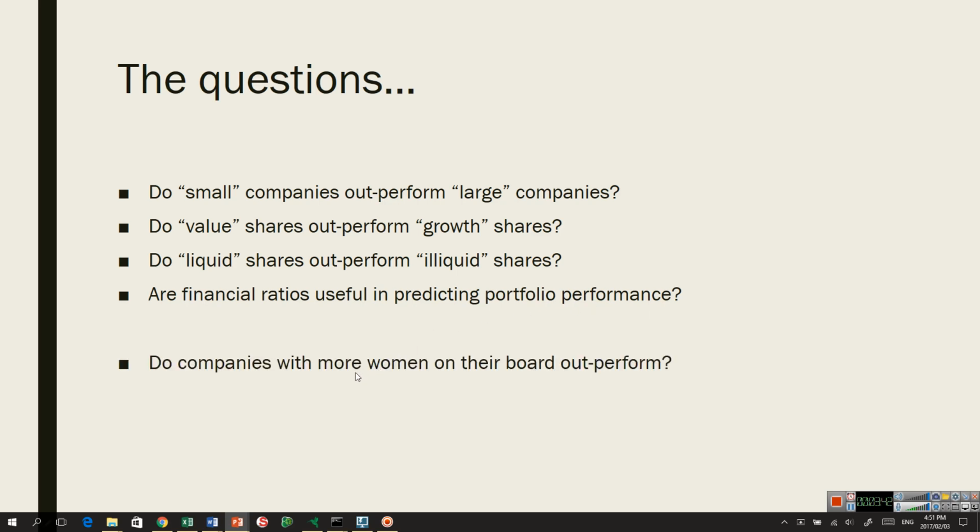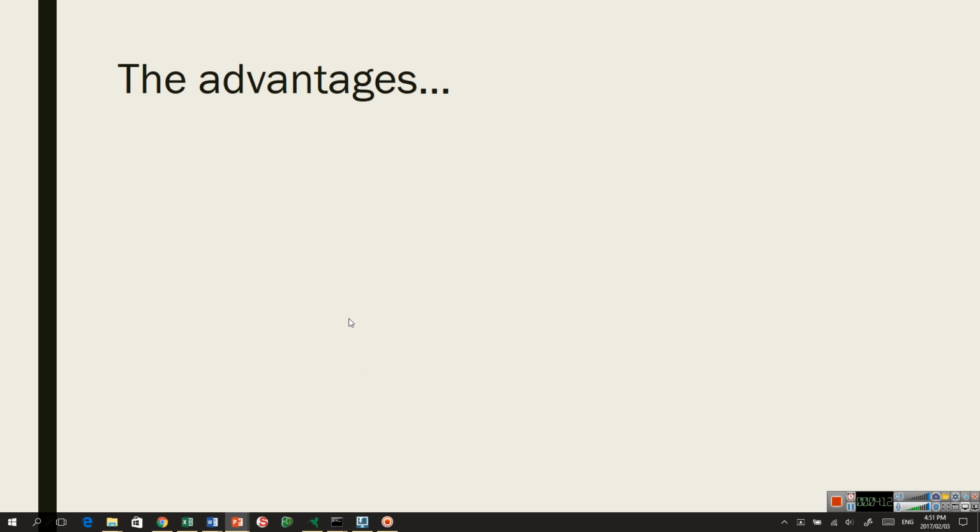But beyond that, we can also look at other questions. We have conducted studies where we look, for example, do companies with more women on their board outperform? We can look at questions such as, does corruption pay? If you'd invested in companies which had since been fined by the Competition Commission, even after the fine, would it have been a good idea? Was the fine big enough? And so on. So there are many things that we can relate to the financial metric that we're going to be looking at. So let me just elaborate briefly on the advantages of the methodology, the style engine methodology.